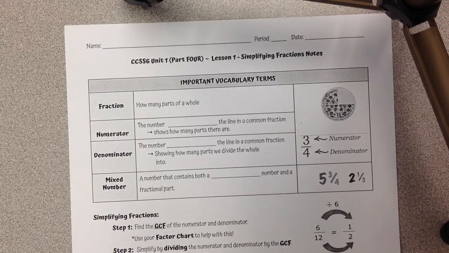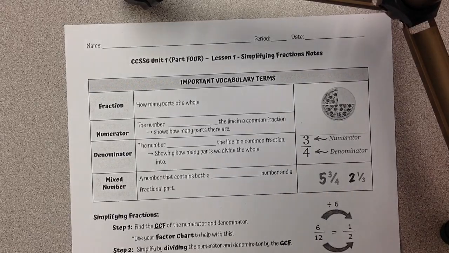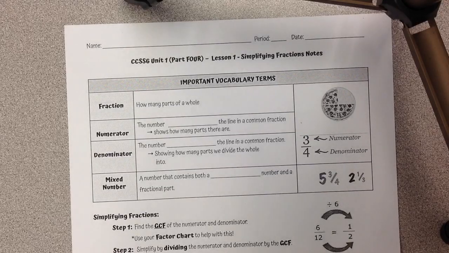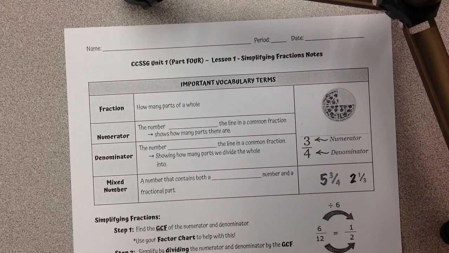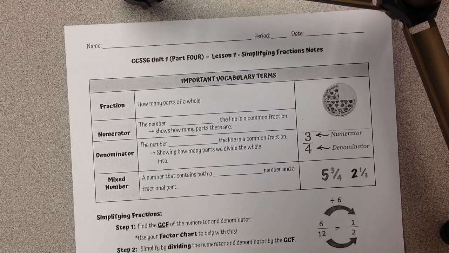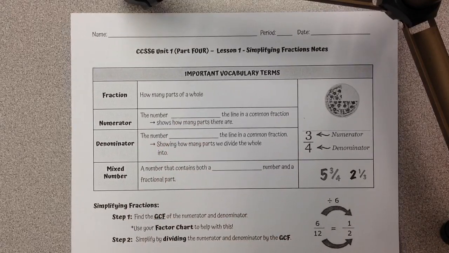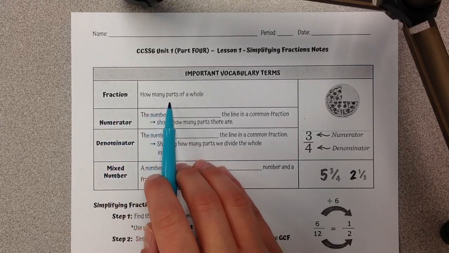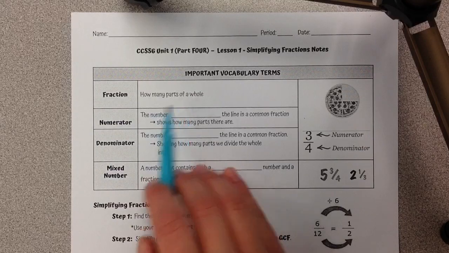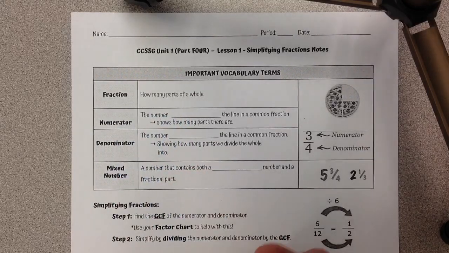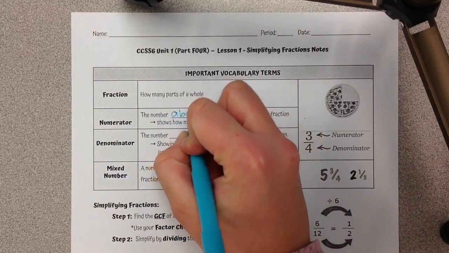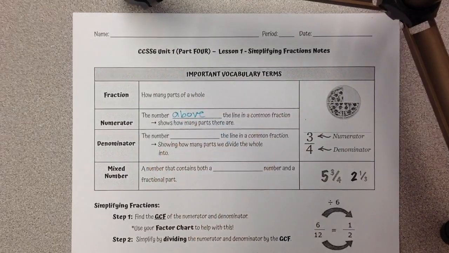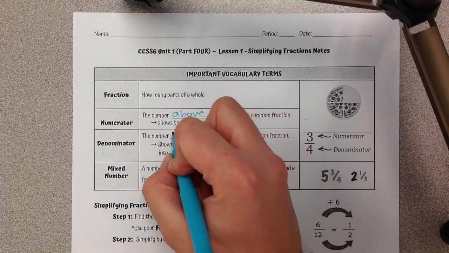All right, today is starting our last part of Unit 1, fractions. So Lesson 1 is simplifying fractions. We're going to start out here at the top with some vocabulary terms that we're going to be using for our whole unit. So the first word is fraction. How many parts of a whole? Our next word is numerator, which is the number above the line in a common fraction. The denominator is the number below the line